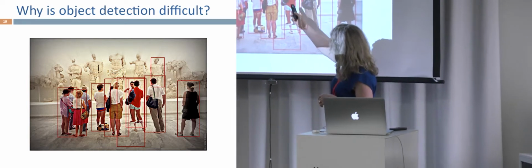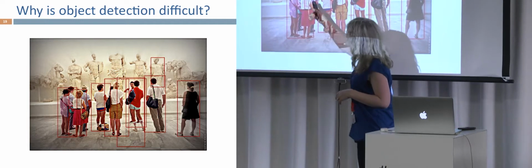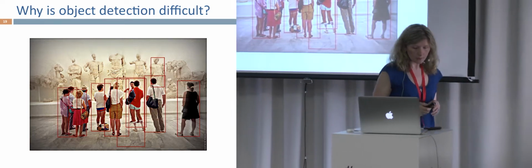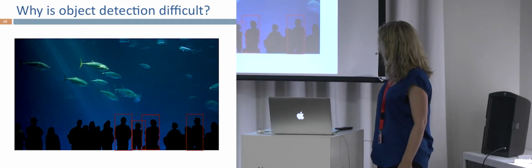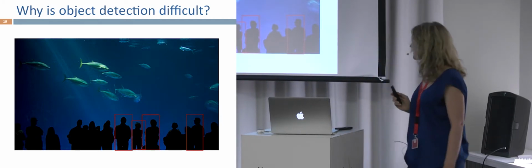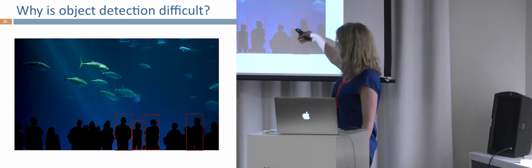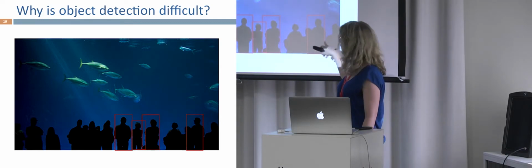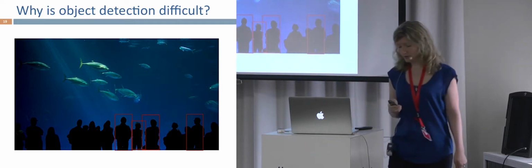Also, there are people that are occluded. For example, it's missing this guy over here because he's facing away, and you only see a part of him because he's occluded by other people. So in other types of images like this, the task is even more difficult. Here we just have outlines of people against a background. Even though if I asked you, you probably would all do very well and tell me how many people are in this image, for a machine this is still difficult.